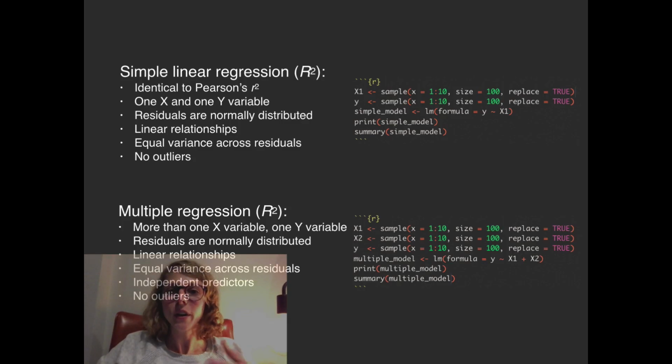So again, R makes pretty quick work at computing these statistics for us. There are a couple of examples here for you to try at home with RStudio. The first few lines are randomly sampling 100 values between the range of 1 and 10, and assigning those to each of our variables. And then we're using the lm function in R to specify our model and test our regression model. But because we're sampling random data with these examples, I'd be very surprised if a few significant relationships propped up. It's just a really good way of getting familiar with the sorts of functions that we use to